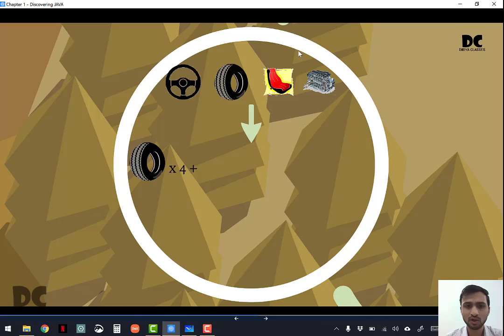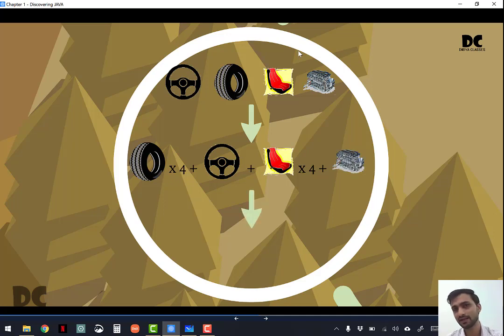Here we'll take it as wheels: 4 wheels, 1 steering, 4 seats and 1 engine. So what can we make by taking the properties of these 4 objects? We have to think of a vehicle that has 4 wheels, 1 steering, 4 seats and 1 engine. So can it be a scooty? No, scooty doesn't have 4 wheels, so it is not an option of a 2-wheeler. It has to be a 4-wheeler vehicle. So what can be a 4-wheeler vehicle? A truck? No, a truck has more than 4 wheels.